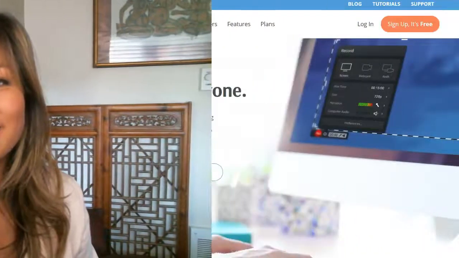Screencast-O-Matic's free screen recorder is used by millions around the world, from educators to businesses to bloggers. There's so much that you can do with a screen recording. You can create how-to videos, product demos, marketing videos, video tutorials. There's so much that you can do. I'm going to show you how to use our free screen recorder and how easy it is for you to be set up within minutes. So let's get started. Head to